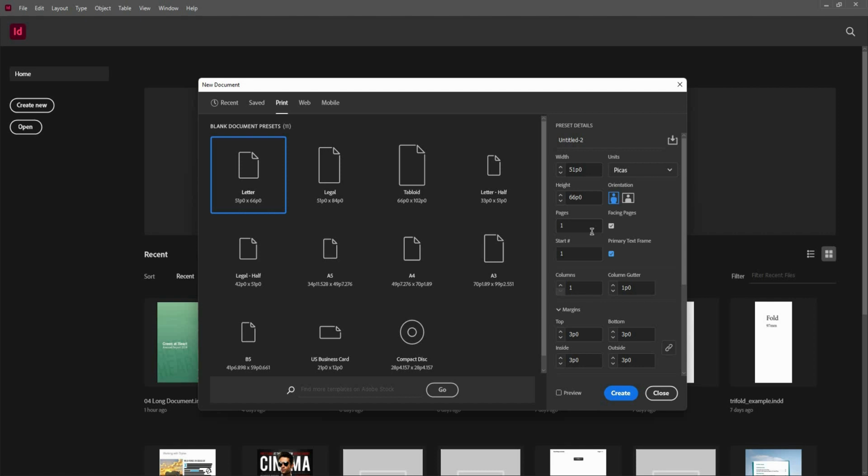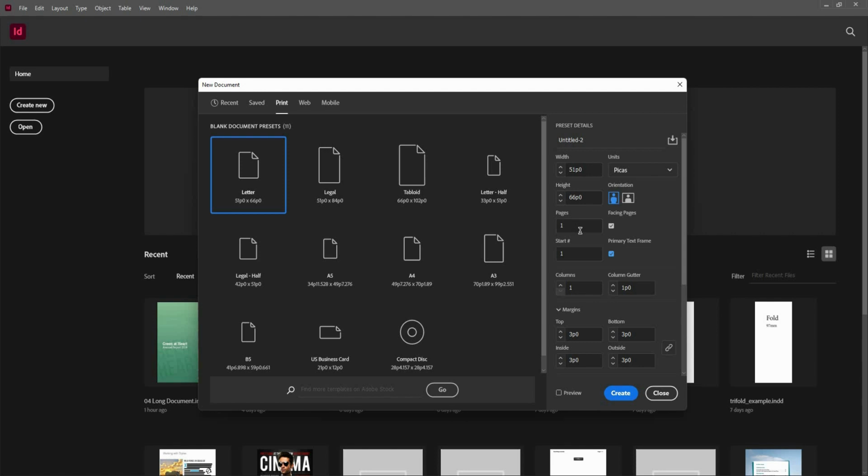When you create a document, you can retrofit a document to make this work. It's just too hard, and actually I think it can just be done another way. So if you have an existing document you're finding hard to work on, you can just copy and paste it into a new document that has a primary text frame set up. So